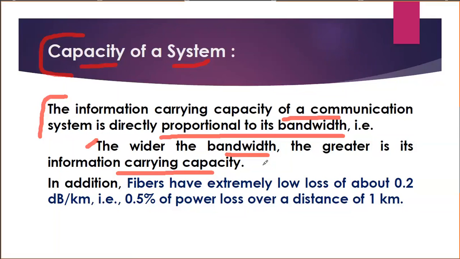Now remember that the number of users is more, but at the same time the frequency range is very small. So in this case you are a strength of 70, but at a time only one student can pass out from the door. So each one of you will be fighting with each other to go out. The same thing is happening in the case of 1G. The number of users is more, but